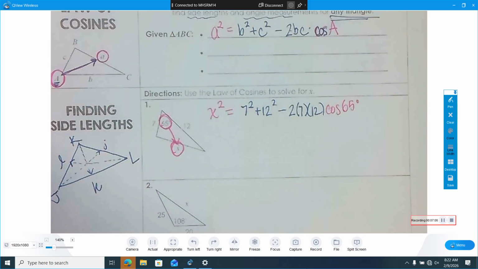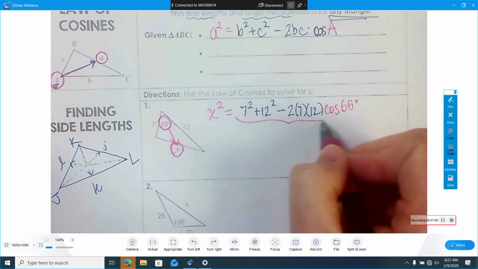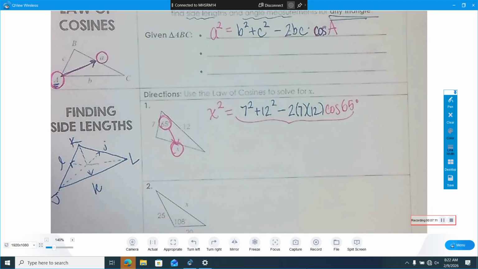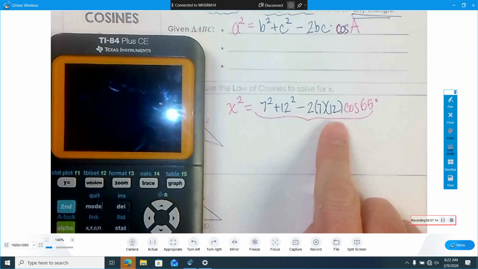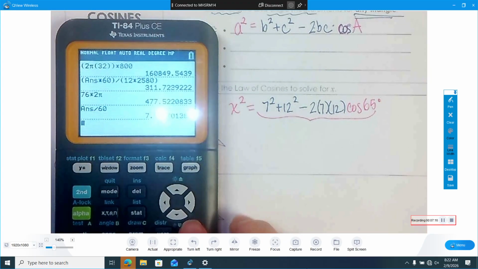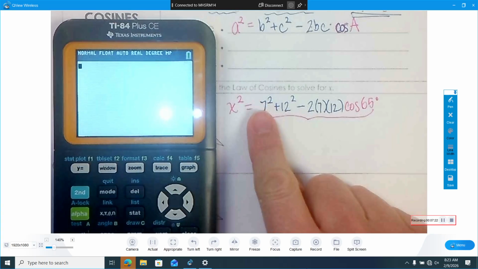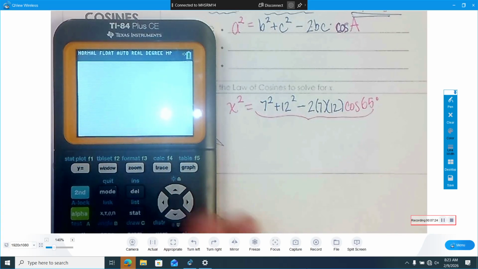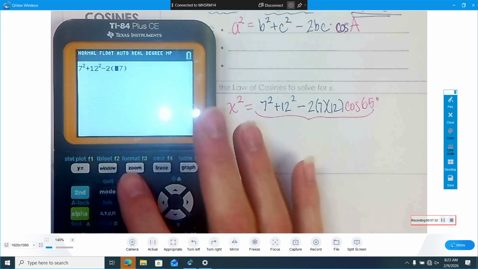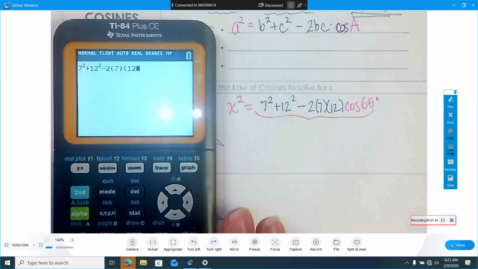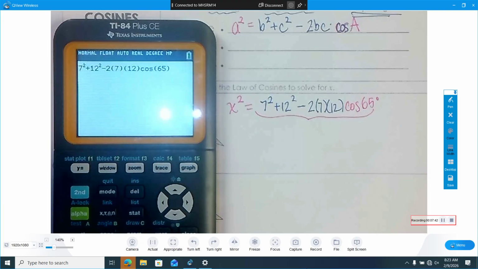Okay? Now let's plug it in. This entire right-hand side right now is all numbers, so that entire right-hand side can go in your calculator. What mode should you be in? Degree mode. So we're going to put this entire right-hand side in. 7 squared plus 12 squared minus twice, I'm sorry, 7, not 17, times 12 times the cosine of our 65-degree angle. Get that whole thing typed in,